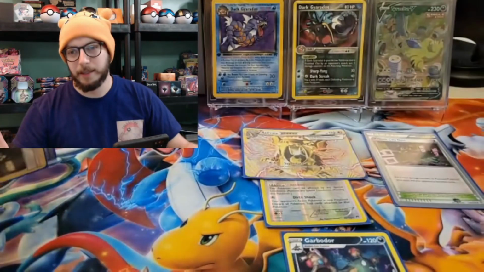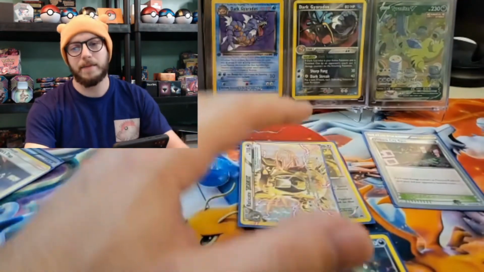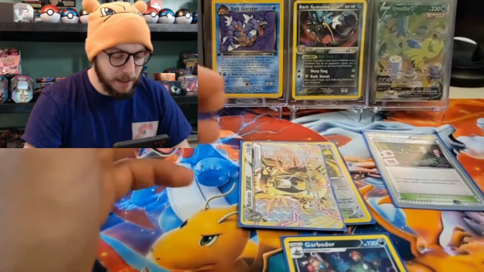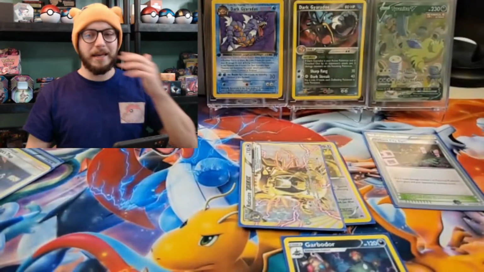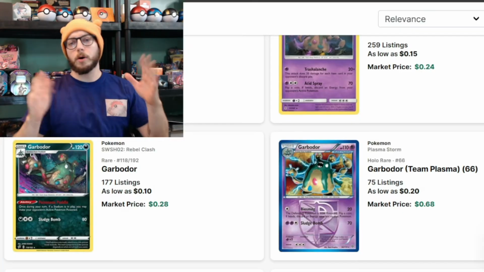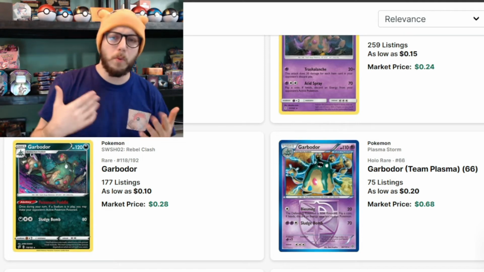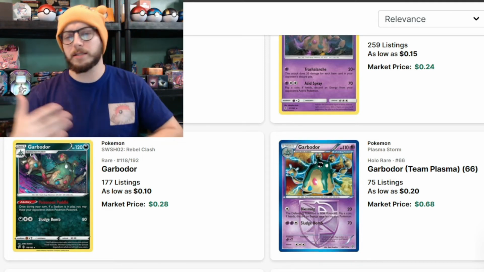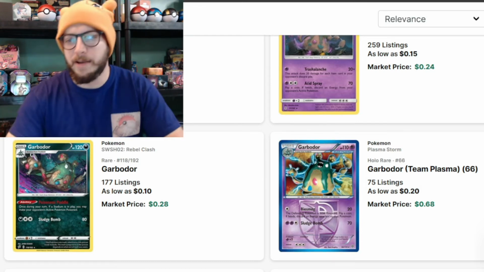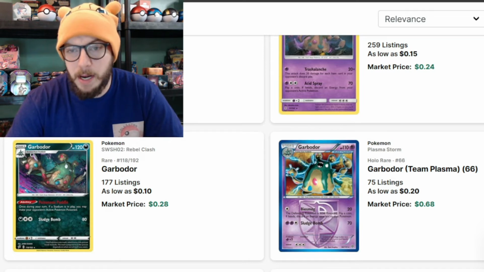But wait, because you know what, guys? There's actually a way to make this deck better. And I haven't, just because I don't have the cards yet. But if I wanted to, I could show you guys how to do that. So, if we wanted to make this deck just a wee bit better, what would I personally do to make this deck stronger, more cohesive, more flowing, if you will? Well, I might take out the Koga's Trap. I might put in another Garbodor